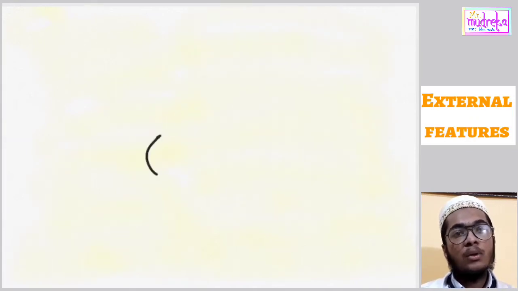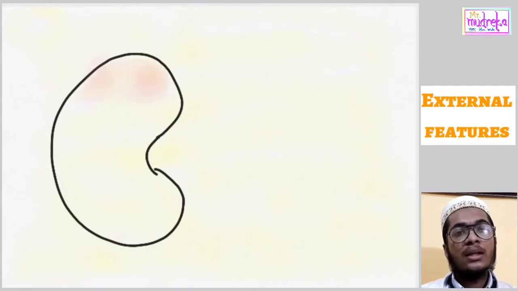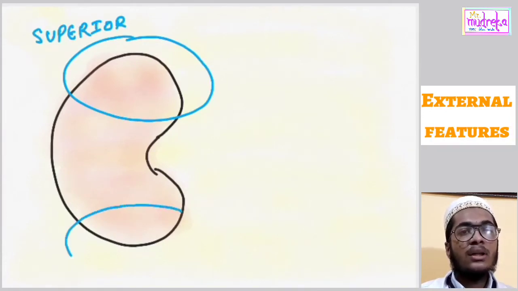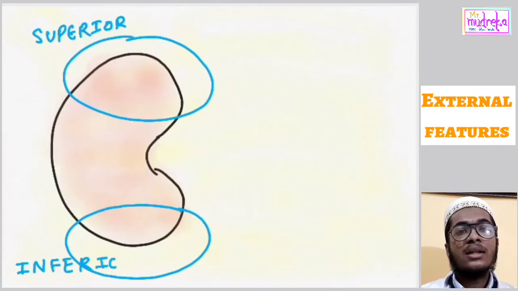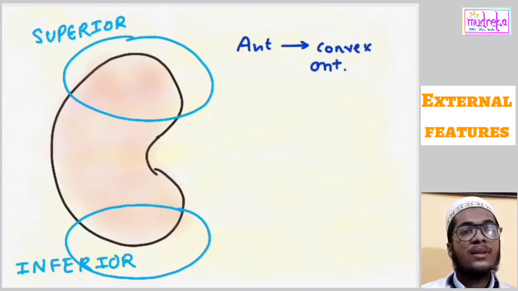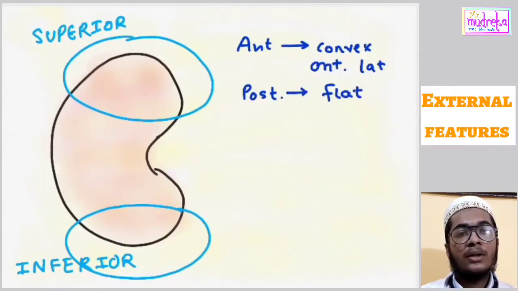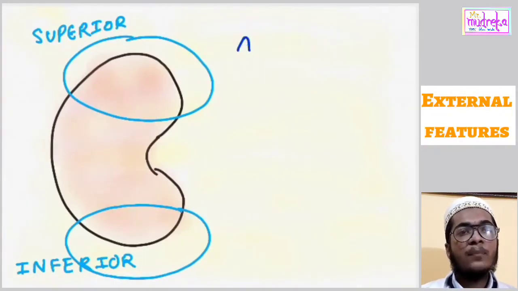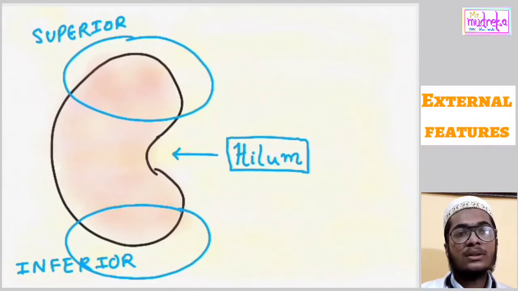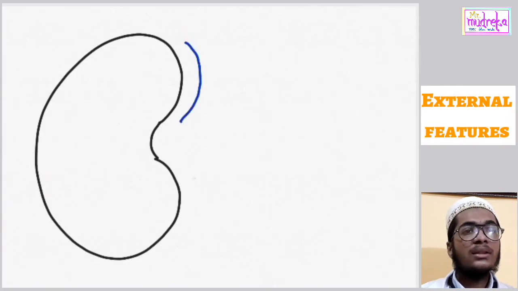There are two poles. So the superior pole is thick, round and lies nearer to the median plane than the inferior pole and is related to the suprarenal gland. The inferior pole is thin, pointed and lies 2.5 cm above the iliac crest. As you see, the anterior surface is convex and facing anterior-laterally, and the posterior surface is flat and faces posterior-medially. However, in practice, it is difficult to recognize anterior and posterior surfaces. Hence, for the recognition purpose, we see the relationship of structures which are present in the hilum.